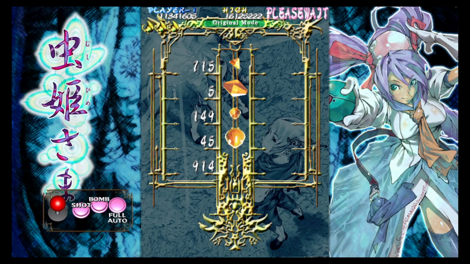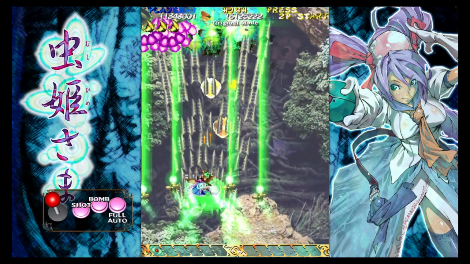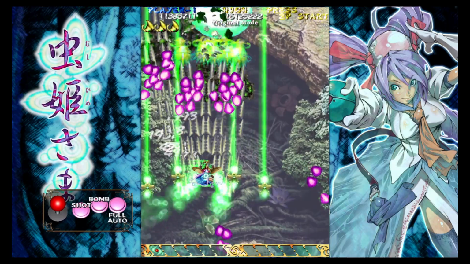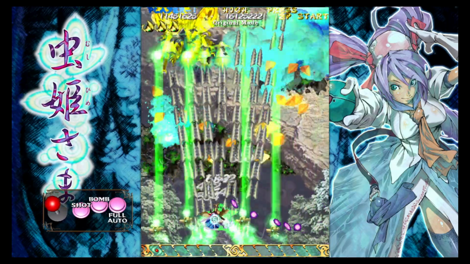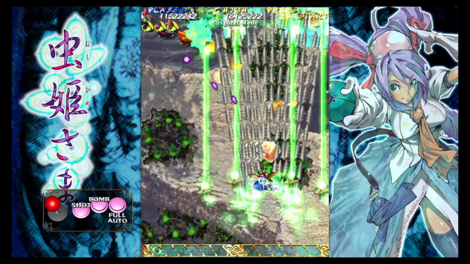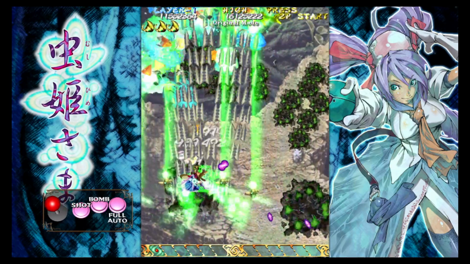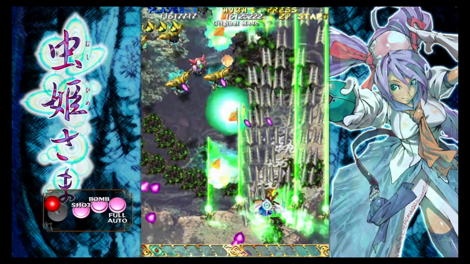So now we are at the last stage. 3 lives, 1 bomb. It's not too bad. And this stage is kind of hard because this is where the game really tries to kill you. You have all those fast bullets. You have a lot of popcorn enemies that shoot fast bullets, and